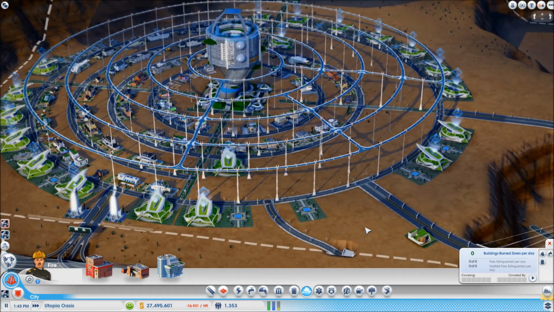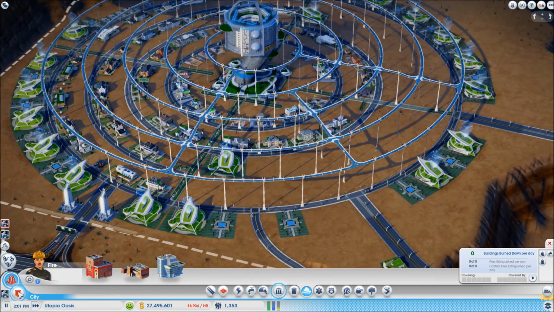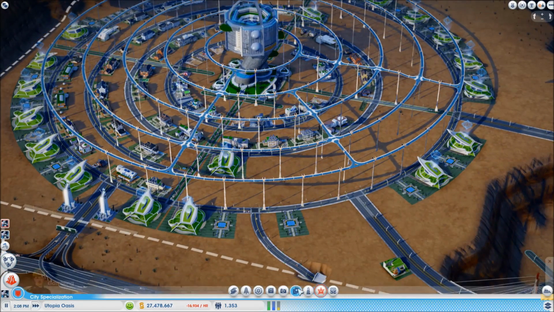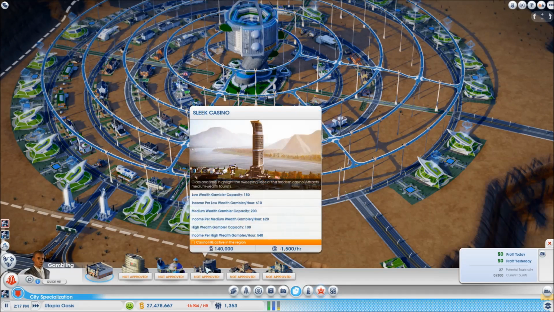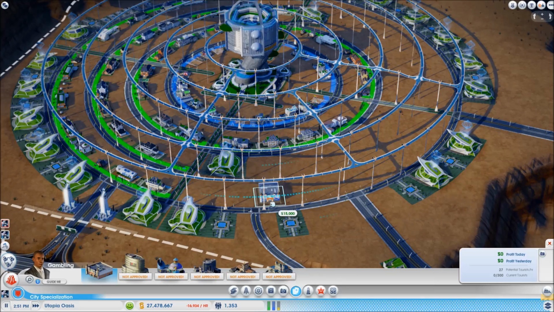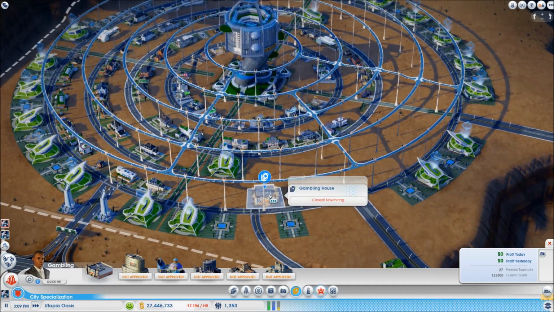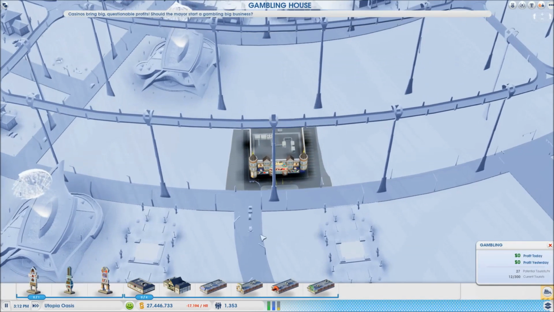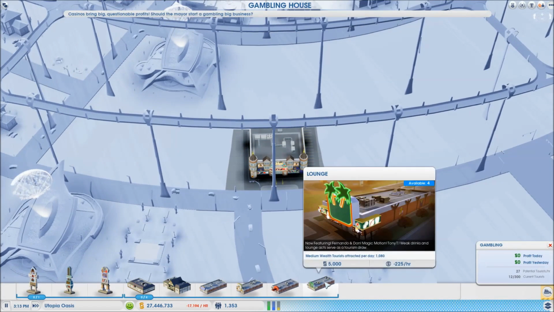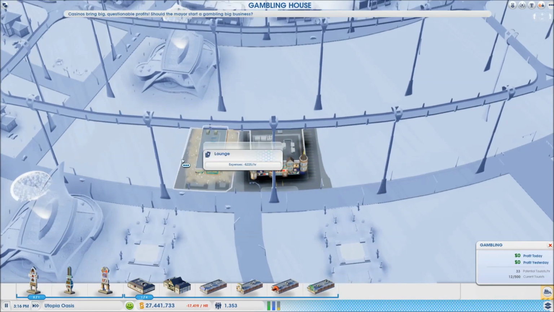Now, casinos. Let's talk casinos for a minute. I think I'm going for a high wealth thing. So I guess probably a good idea to just whack some casinos in and get this at least unlocked. So what I'm going to do, and now because I want medium wealth, I'm going to go like,